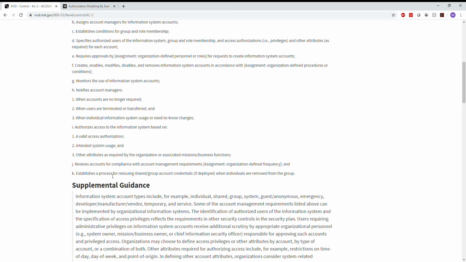And then the last thing is, establishes a process for reissuing shared or group account credentials, if deployed, when individuals are removed from the group. So one of the things that 853 recently did is they used to not be supportive of shared or group accounts. Every individual needed to have their own individual account. Lately, NIST has relaxed that requirement to, yeah, you can have shared accounts,